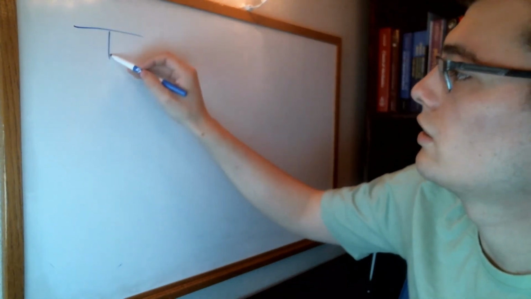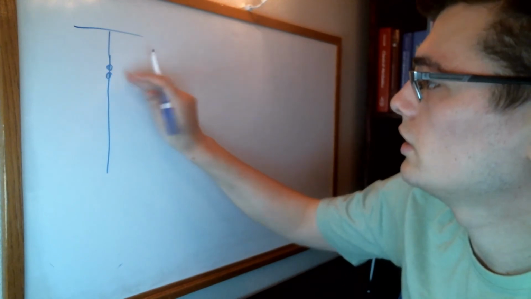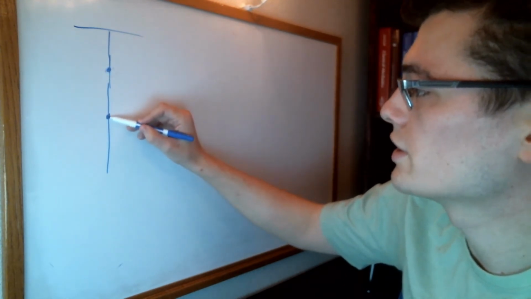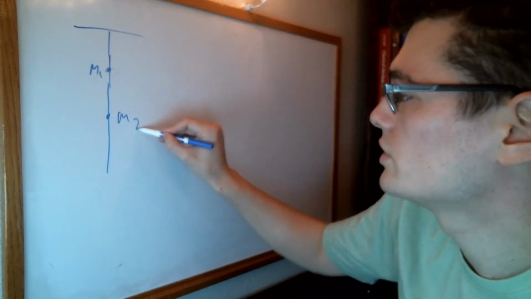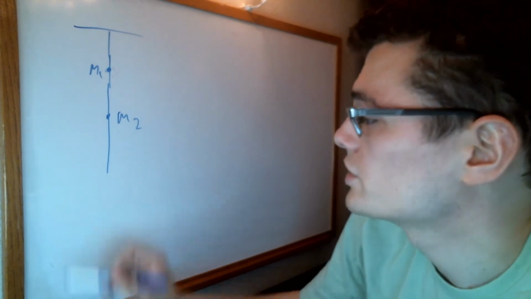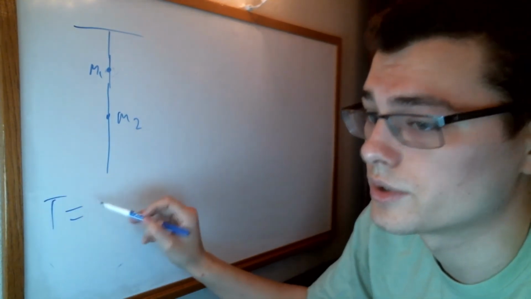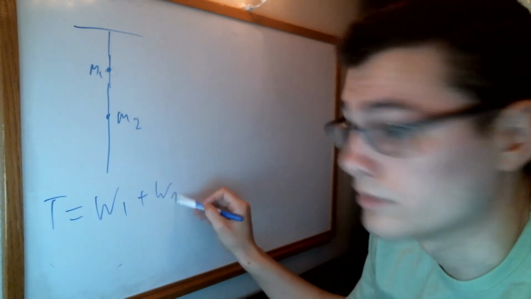Next up, we have two people hanging on a rope here. And so I'll just draw them as point masses. So one hangs here and one hangs here. So then we have M1 and M2. And so the tension in the rope, since it's not breaking, has to be T is equal to W1 plus W2,